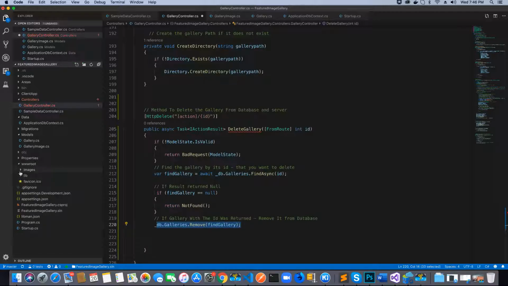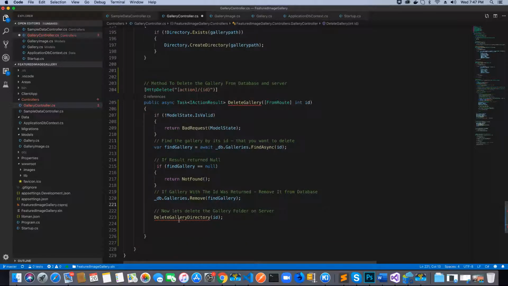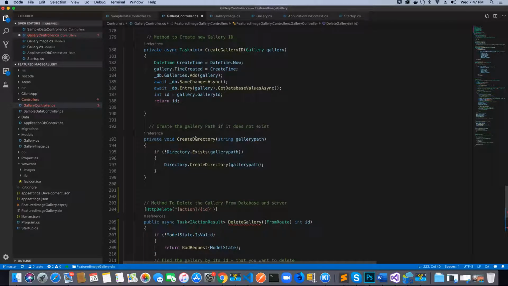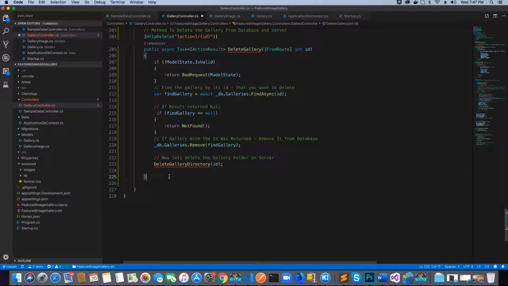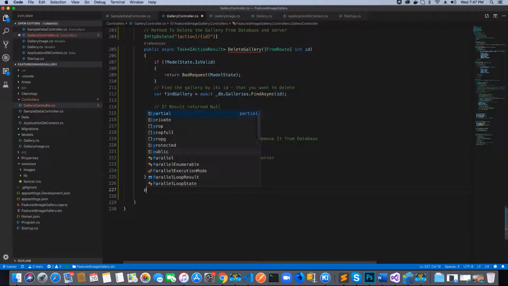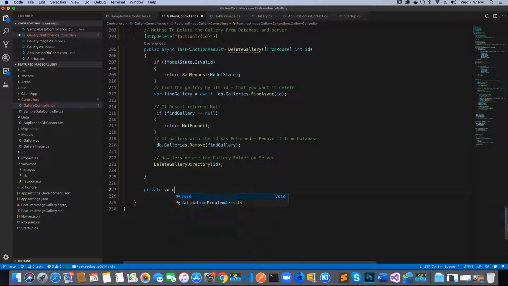Now we want to delete the gallery folder or the directory from the root folder and all the images related to that gallery as well. So that would be the next step. So now let's delete the gallery folder on the server. We're going to create a private method as we did over here to create a directory. We are going to add a private method to delete the directory. So private void, because this method doesn't return anything,